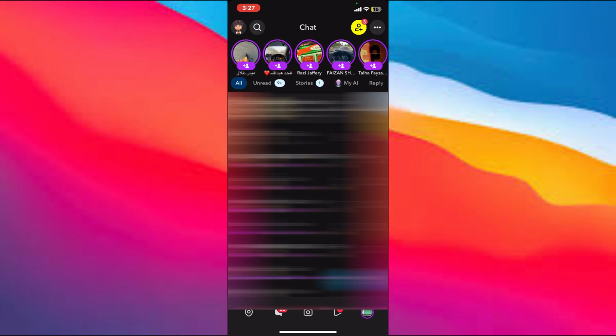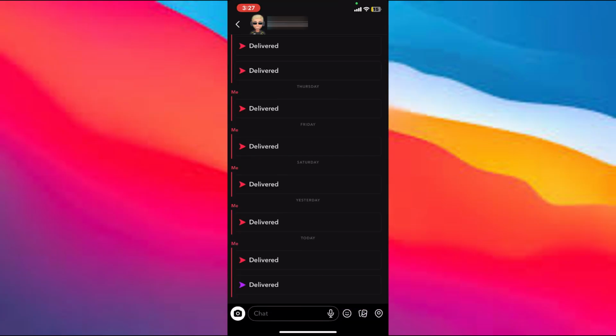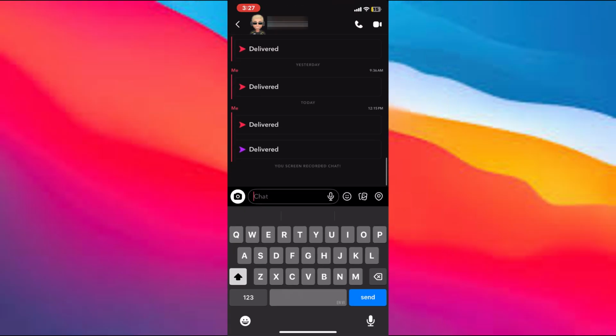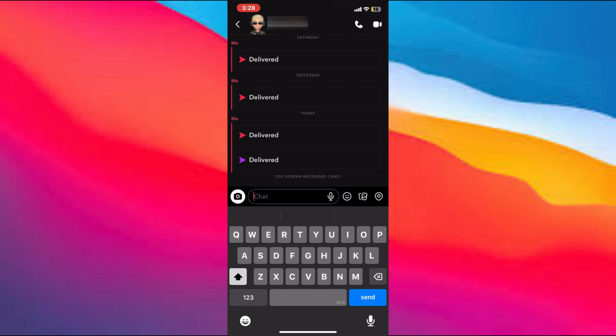Now choose the friends you want to send the snap to. Tap Send again. The image will be delivered as a snap and will appear like a regular snap to the receiver, not just an image in chat. This method ensures that your selected gallery photos are sent as a snap rather than a